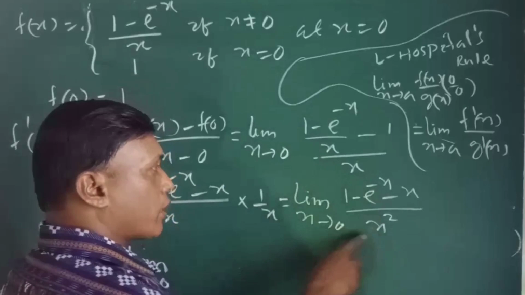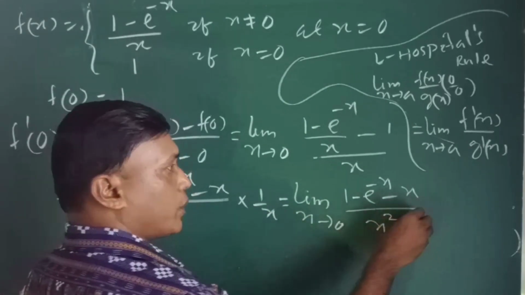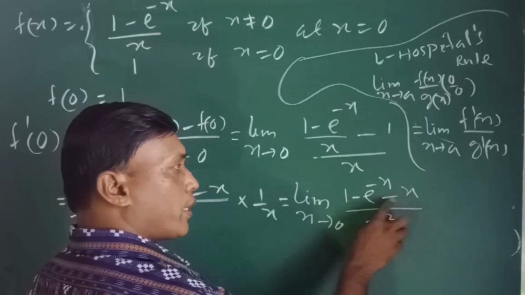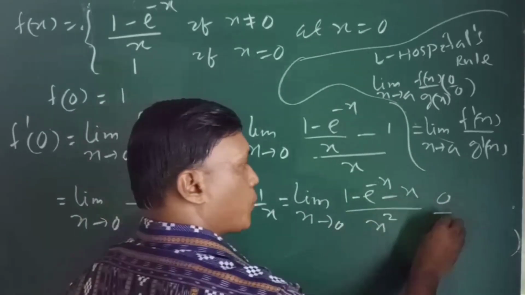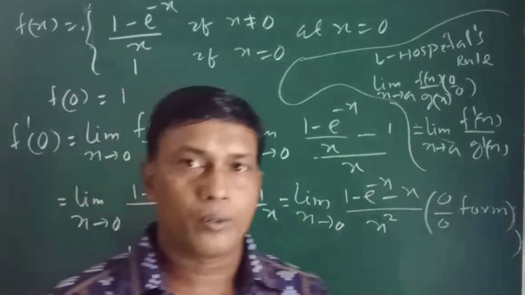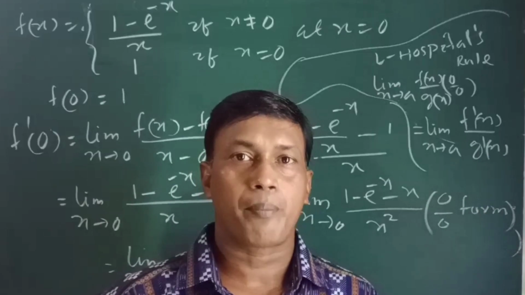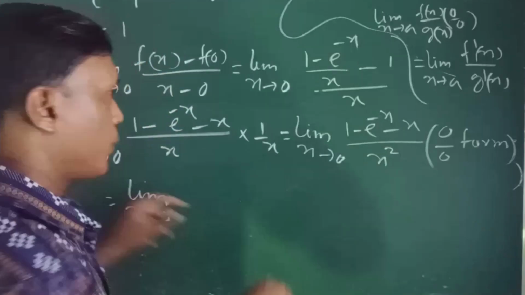So look at here, इधर क्या हुआ कि देखो x अगर 0 पुट कर देंगे तो ये 0 हो गया, e पर 0 is 1, 1 minus 1 is 0, and this is 0. So ये 0 by 0 फॉर्म हो गया। याद रखो ये एल हॉस्पिटल्स रूल और लोपितल्स रूल अप्लाई कहाँ करते हैं? जहाँ 0 by 0 फॉर्म में होता है।